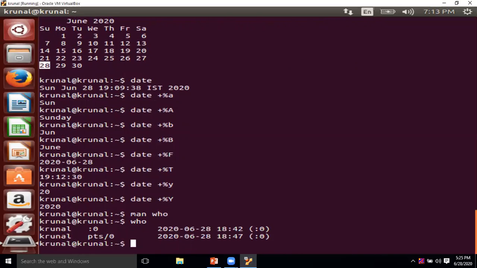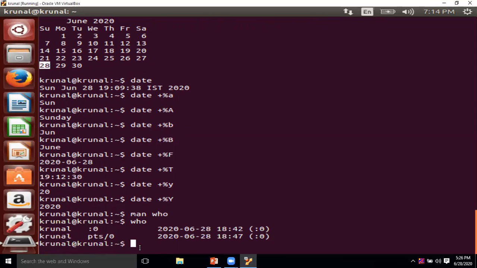And just simply type who. Suppose you are not using any option, then the who command will show which users are currently logged in. It shows me 2 users. As I told you, the first one is the root user which was created while I installed the Linux operating system, and the second one, Krunal, is the user that I have created myself.